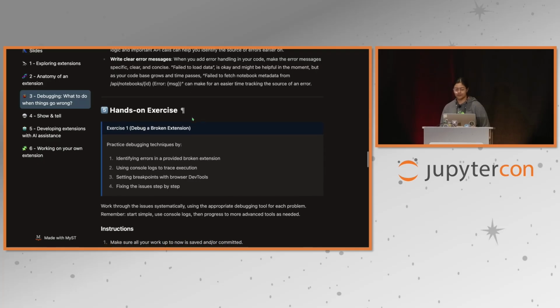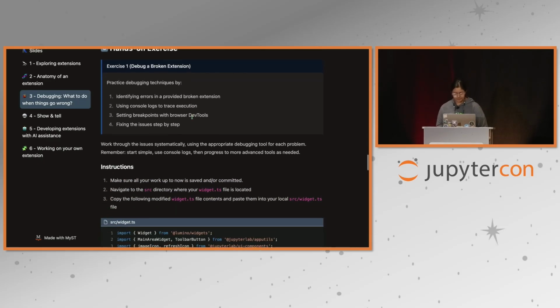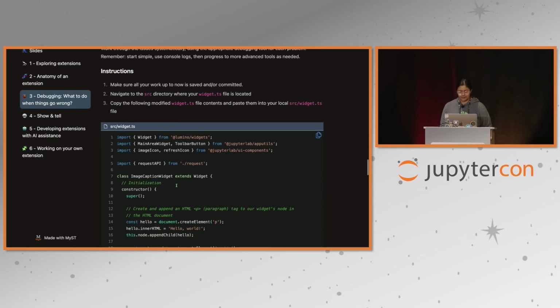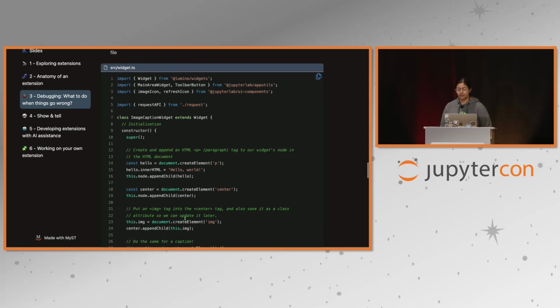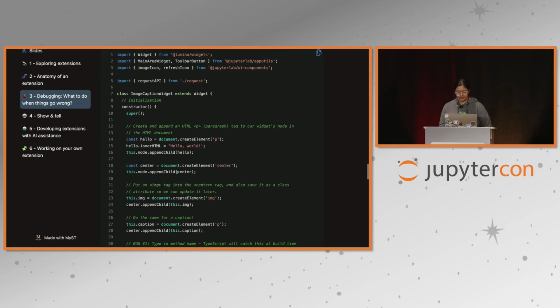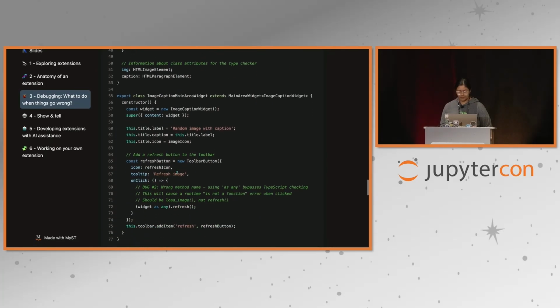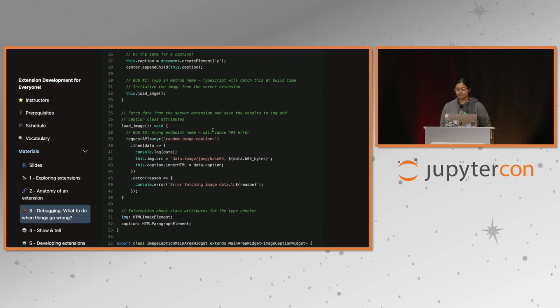Yeah. So there's a hands-on exercise here. We can take a look. I have the same file, the widget file that you have all been working on, and we can open that up. I will quickly go through. So the first thing that we'll look at is, oh, where did it go? Sorry about that. So the first type of bug is here, a method name has been changed, so we're using